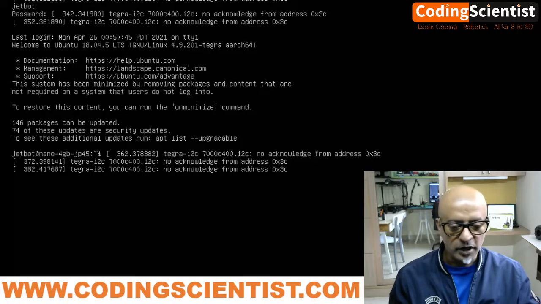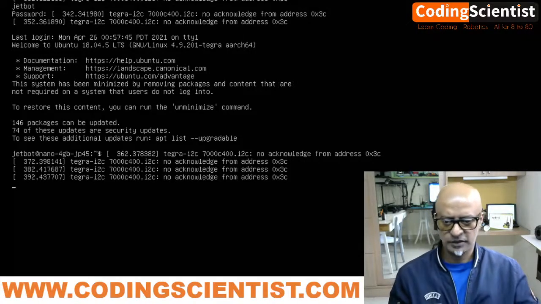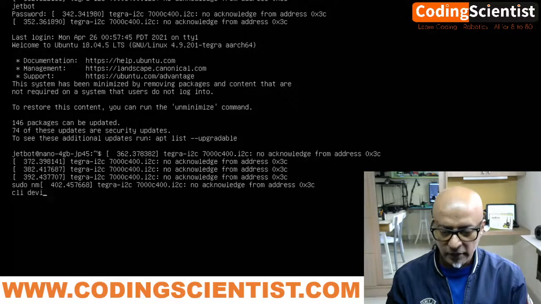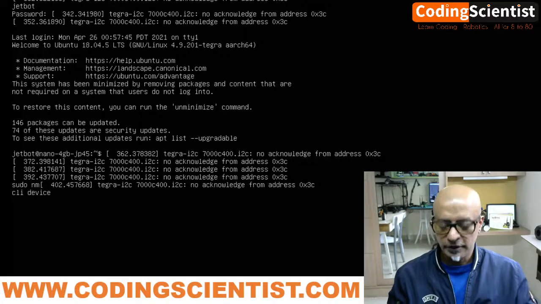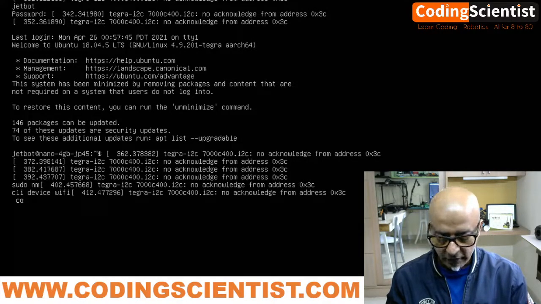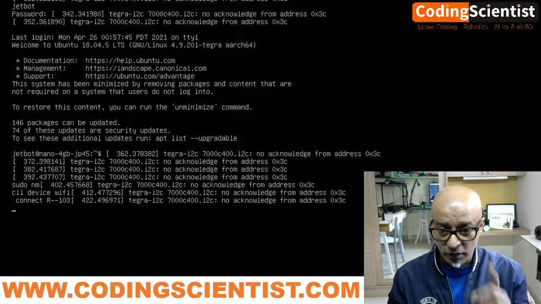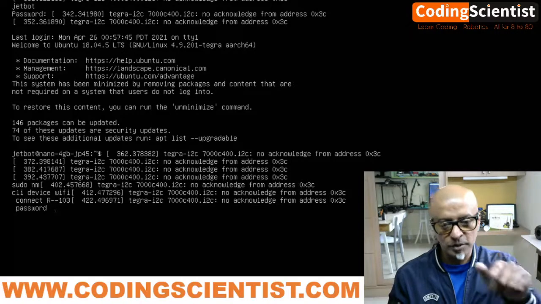If you look at the manual I had written, the command is here, sudo nmcli device. Let me type this, sudo nmcli device Wi-Fi connect, and I am connecting to my network. You got to connect your network, guys. Okay, and then type password, and you need to put your password for your Wi-Fi.